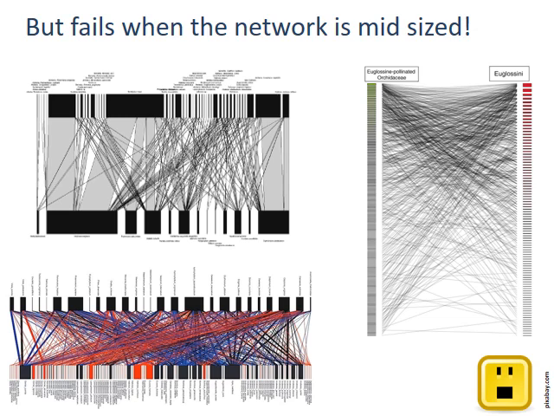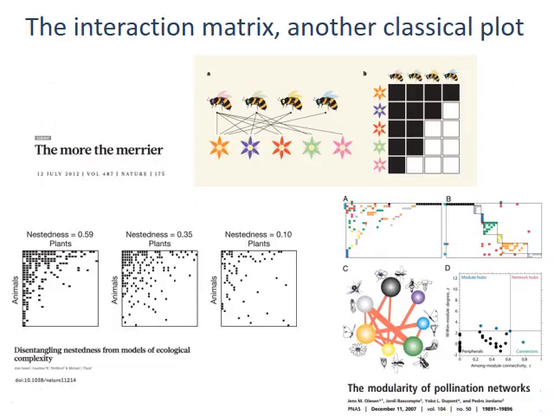The plot of a mid-size mutualist network with 100 species looks like a hairball. This is the reason why you can't find plots of big mutualistic communities in the literature. These three examples are taken from scientific journals. I have not included the citation because I do not want to be critical with the authors. The problem is the plot itself.